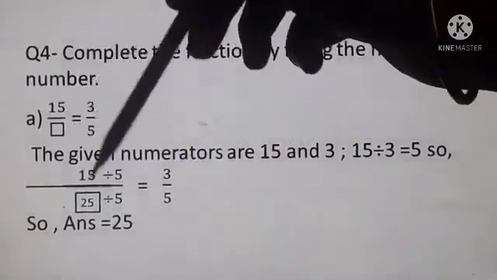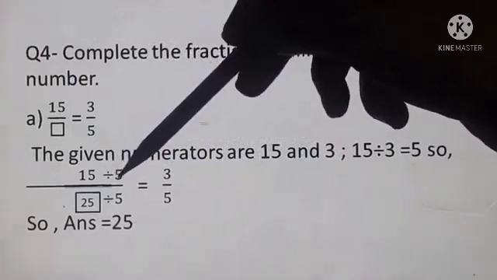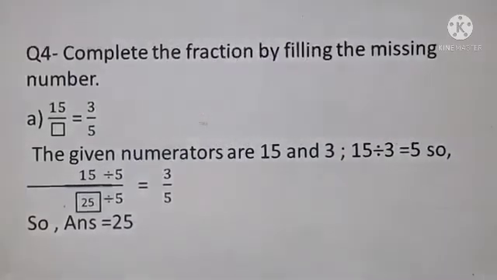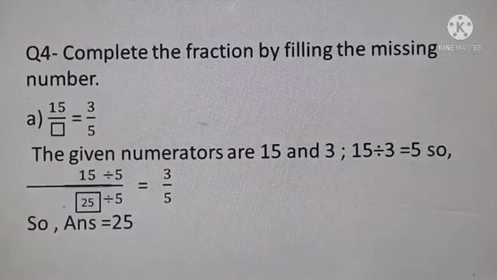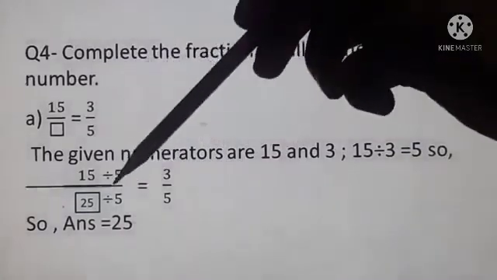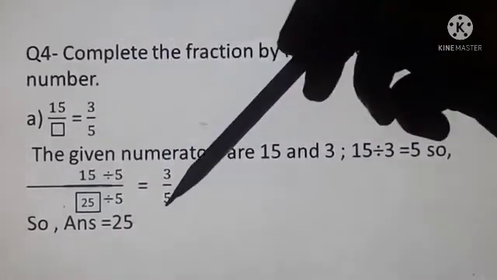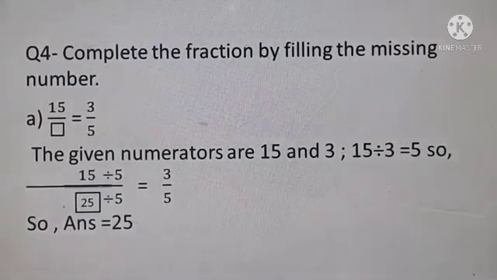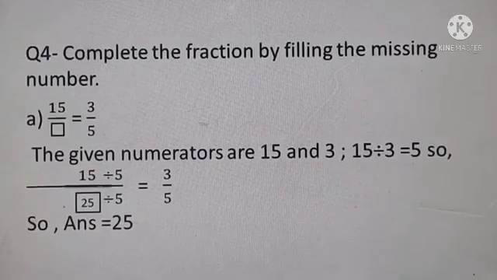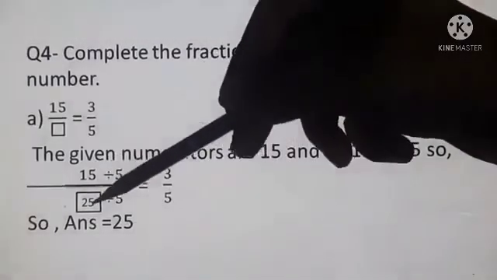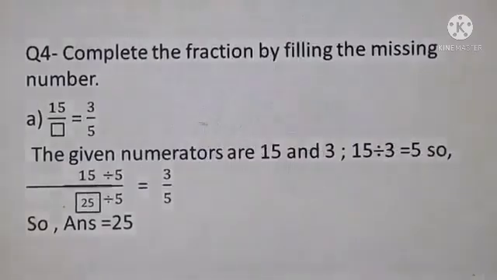Now, you have done division by 5 on the numerator, so you will take division with 5 in the denominator because you are finding the equivalent fraction part. Okay. So now what number is there which, if you divide by 5, you get the answer 5? Okay. So if we are dividing 25 with 5, we will get our answer 5. So the denominator will become 25.